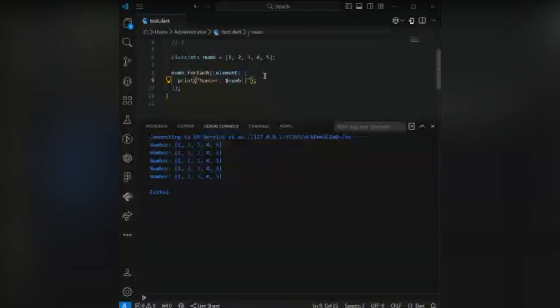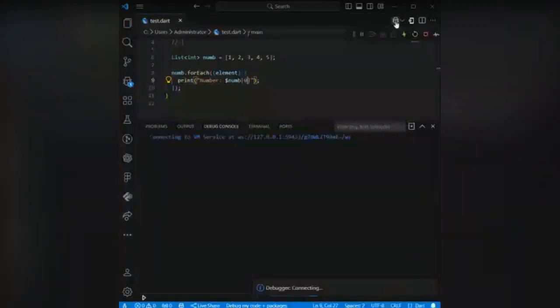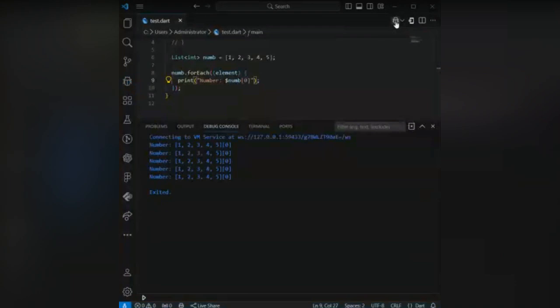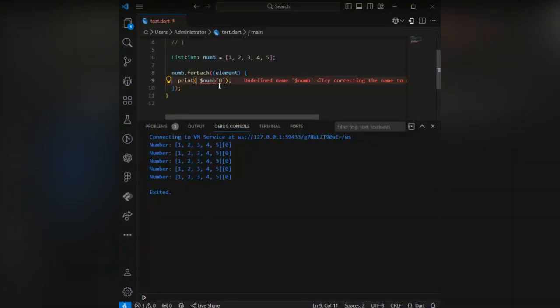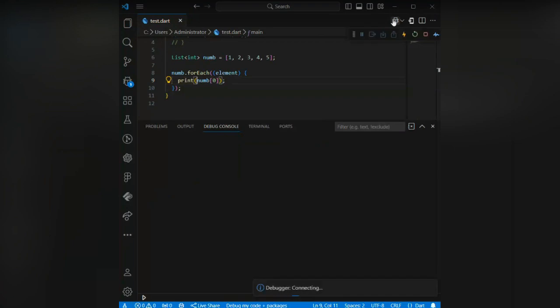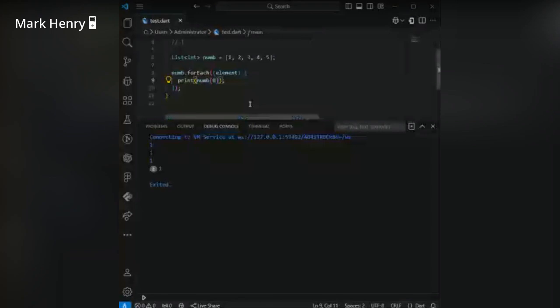Now if I do something like what we did when we were talking about the list, and you want it to just print index of 0, what it's going to print for me is the first number. So that is print only the first index. Now if I say index of 5,